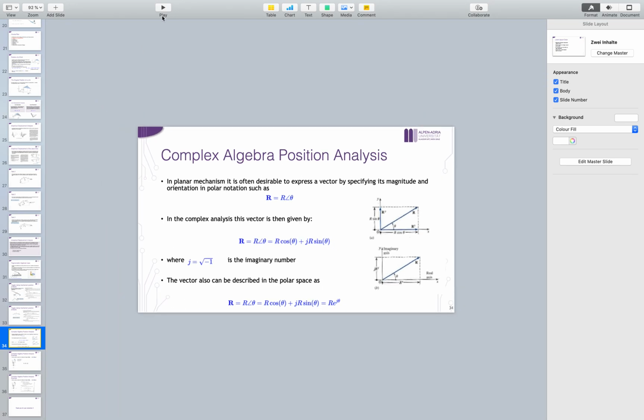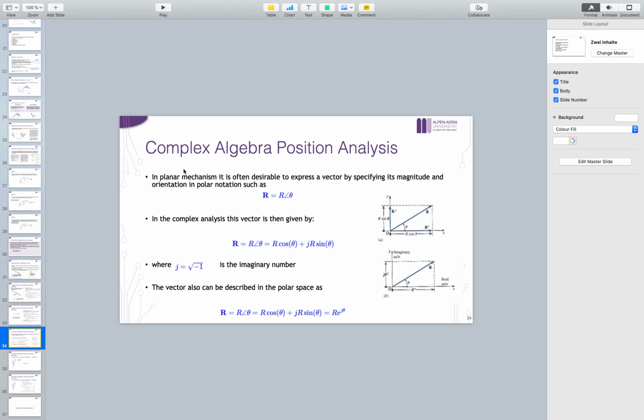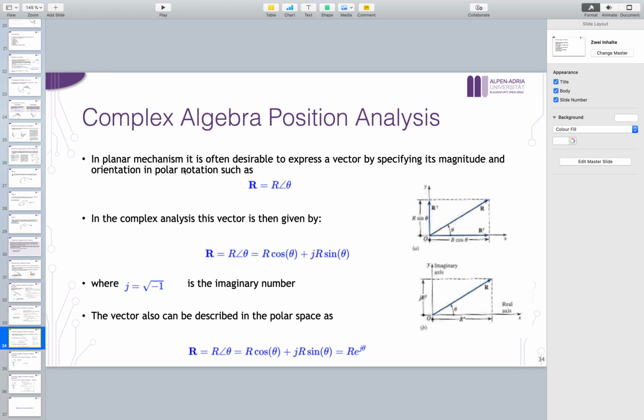So as I said, the more common approach is the complex algebra, and of course complex algebra means we are talking about vectors in complex space, and we have seen what is a vector, and we have seen that a point can be represented by a vector. Now the difference is that in complex space, a vector is represented by two quantities basically. One is the magnitude and the second one is the